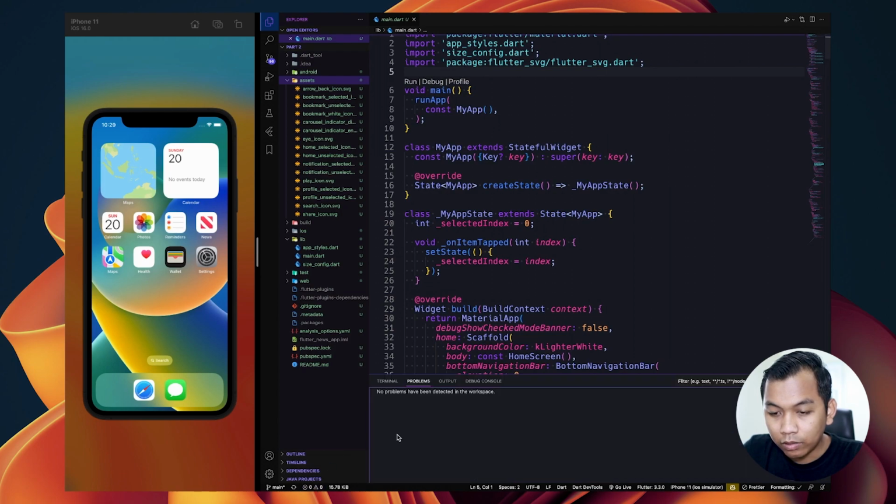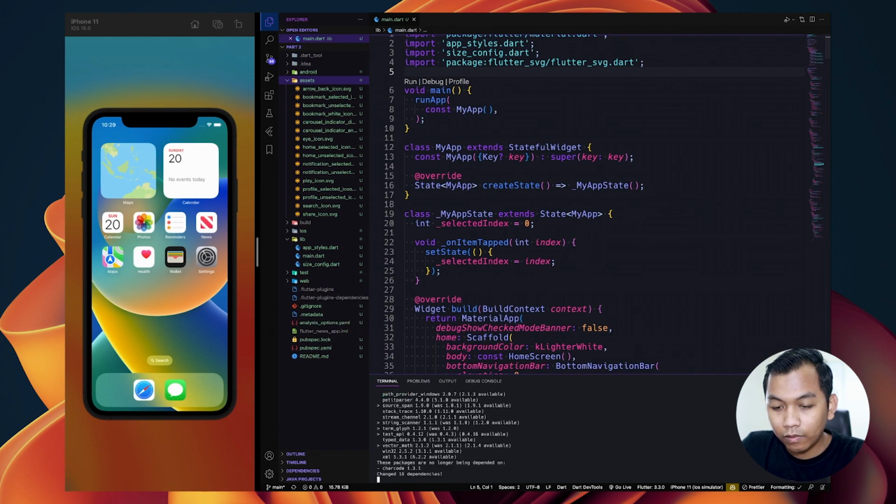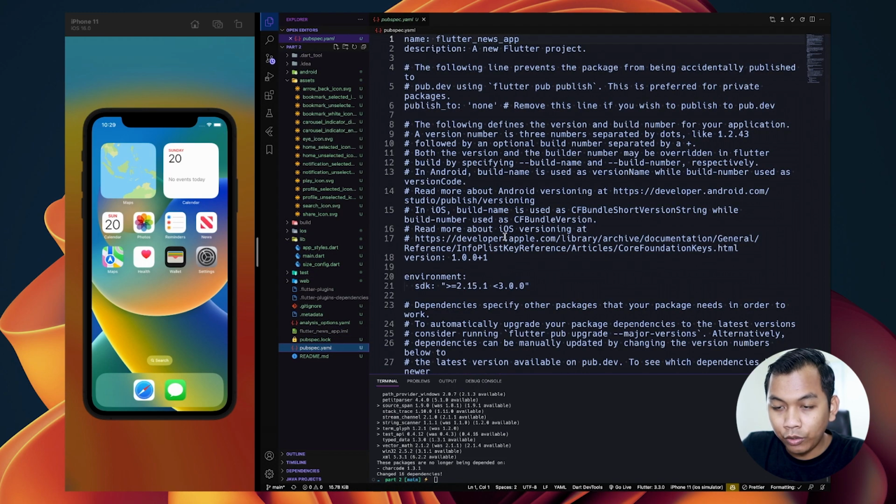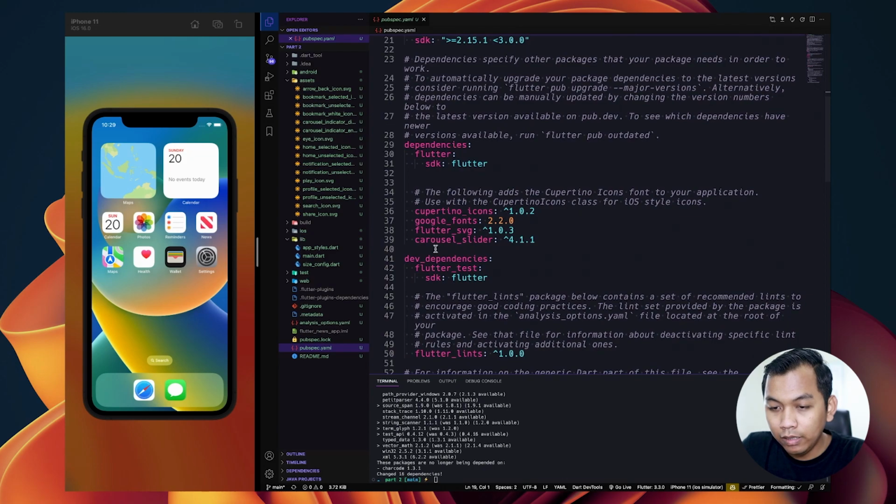So I just need to type here flutter pub add carousel_slider. Alright, so we have added a new dependency here. So let's see, carousel slider.